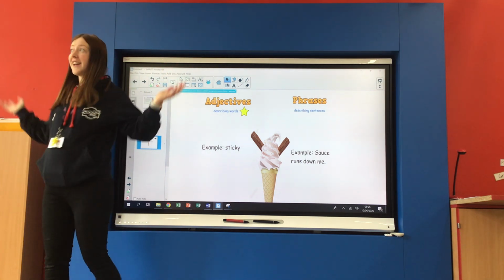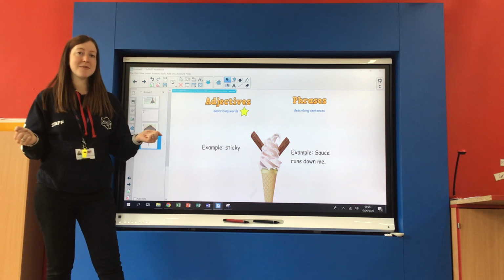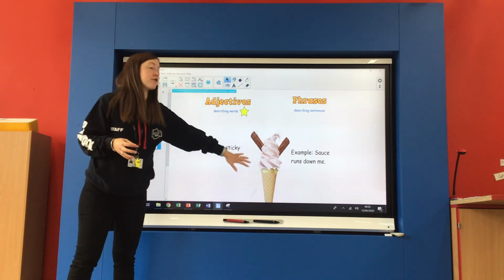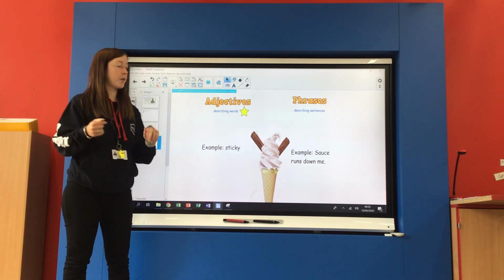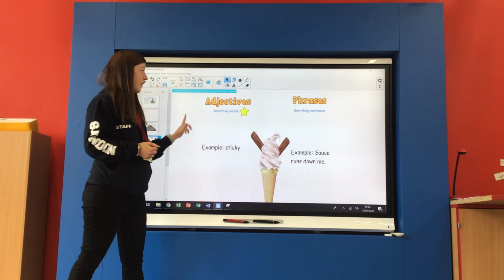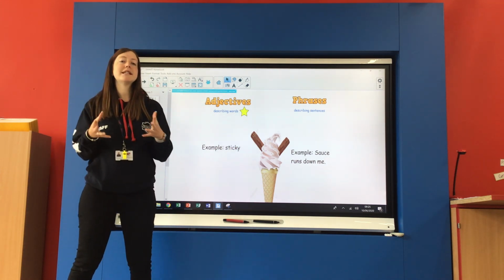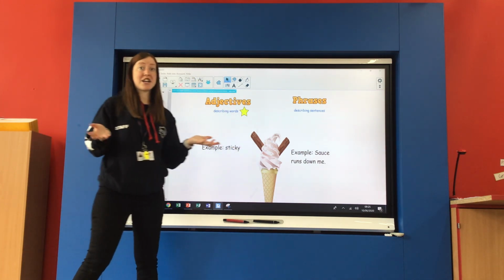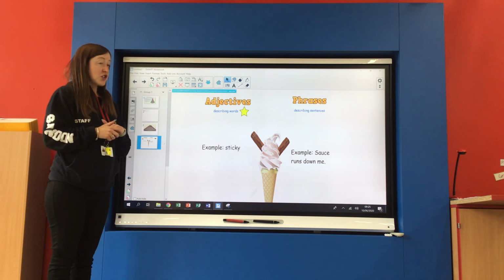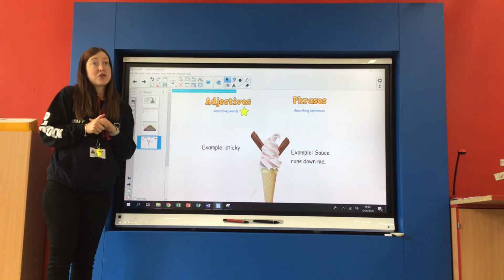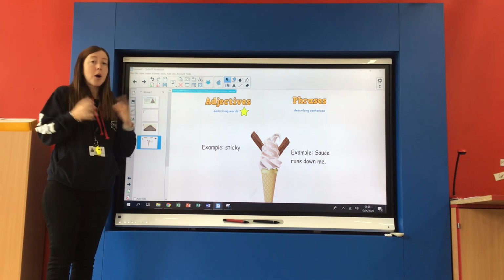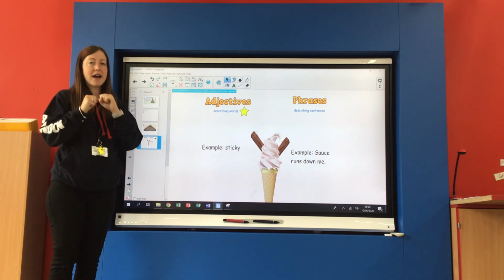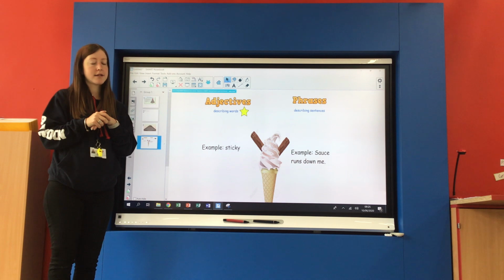Now, because it's summer, although not quite so sunny outside at the minute, our shape poems are going to be about ice cream, not a volcano. So the adjectives, the describing words that you need to gather today need to be to describe ice cream. So to help you, you may want to go and get an ice cream. See if you can pop to the shop or see if you've got one in your freezer. This might help you to describe your ice cream.